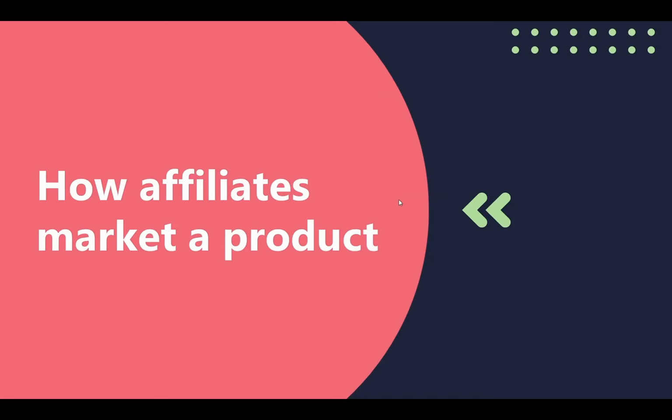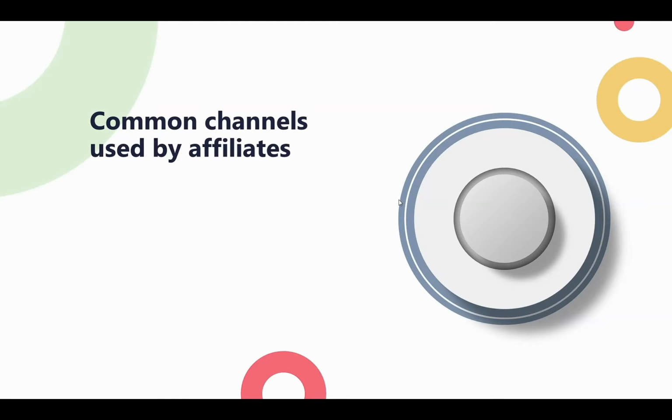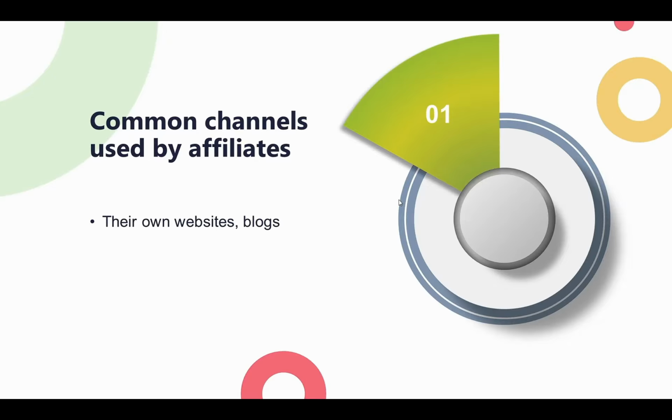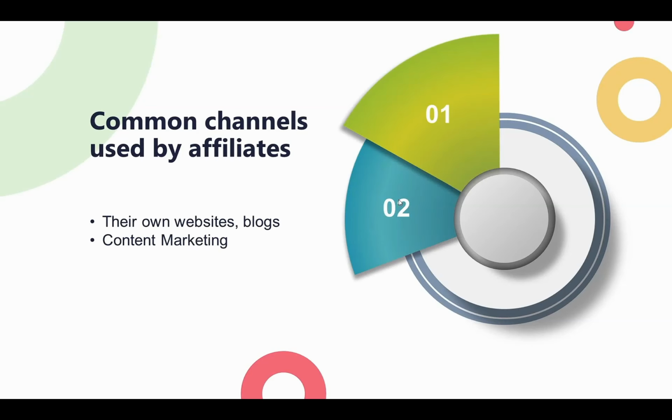So those are the top reasons for using affiliate marketing, but let us just go over the common channels that are used by affiliates. Of course, if they have their own website or blog with a following, they would use that. They might do content marketing, which would be published or syndicated across various channels, most likely social. Or if it is quite a big affiliate entity, then perhaps SEO would get in there as well.